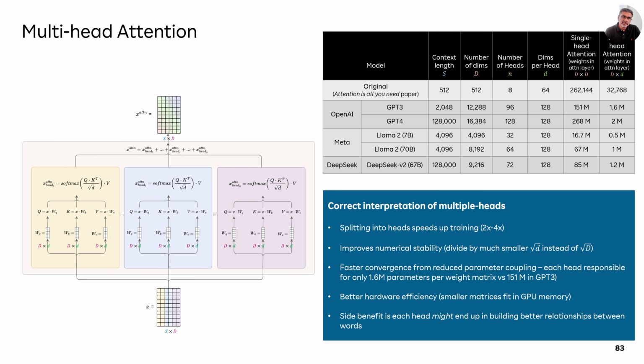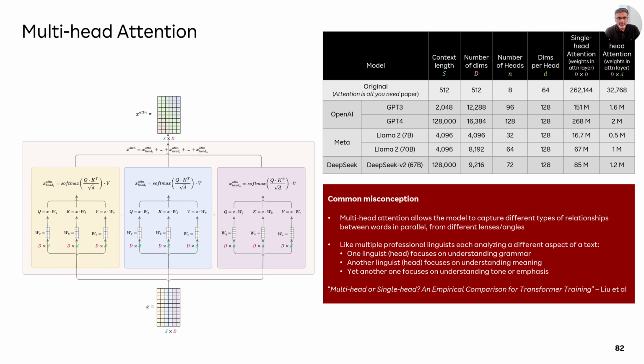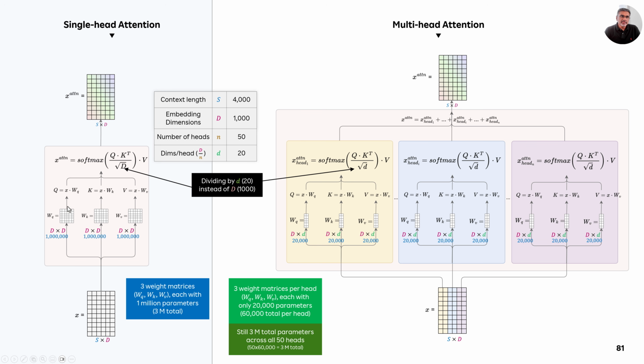That's the first thing. The second thing is, if you again go back to this picture here, if you look at the single head attention, let's say even if you have just 1,000 dimensions, you would have a million different weight parameters per matrix, correct? And you have 3 such matrices. Now, all these million weights per matrix are coupled together. What I mean by coupled together is that in order to nudge the weights in the right direction, so that when you do the self-attention calculation, you'll be able to focus correctly on the right words